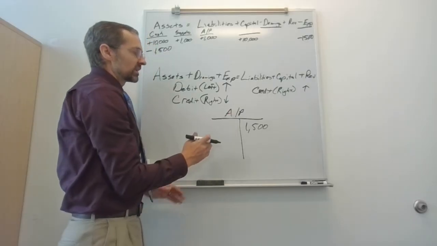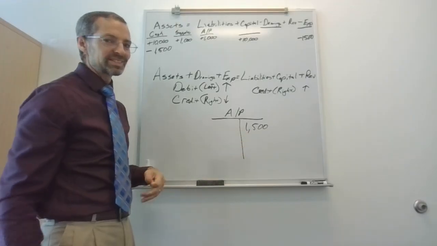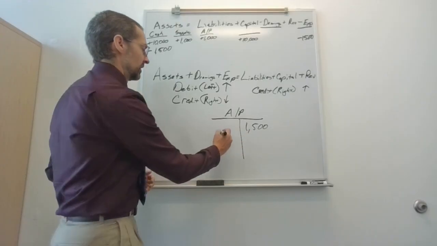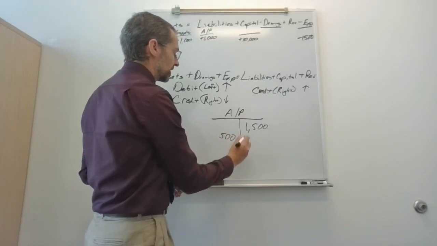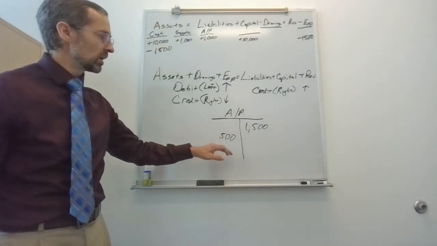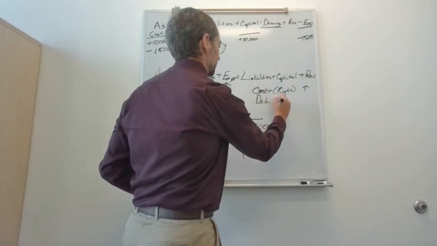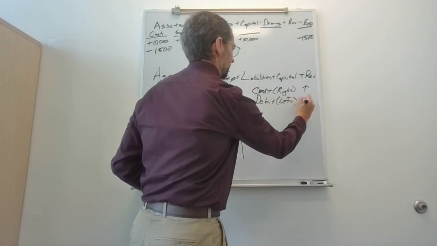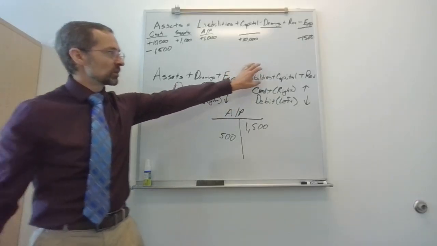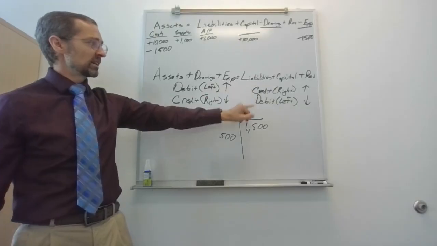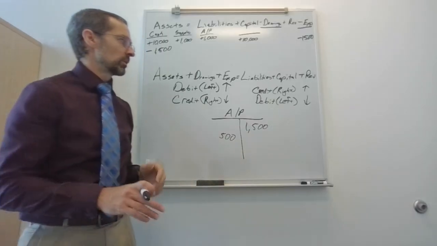If something is going down, for example, I pay off that accounts payable. So I owed $1,500. Let's say I paid off $500 of it. To show that it is going down by $500, I owe less than I did before, I'll put it on the left side. So if it's on the right side of this equation, credits make it go up, debits make it go down. So that's the left and the right.